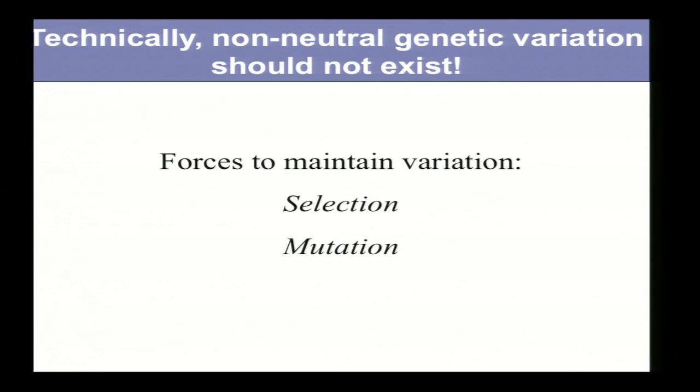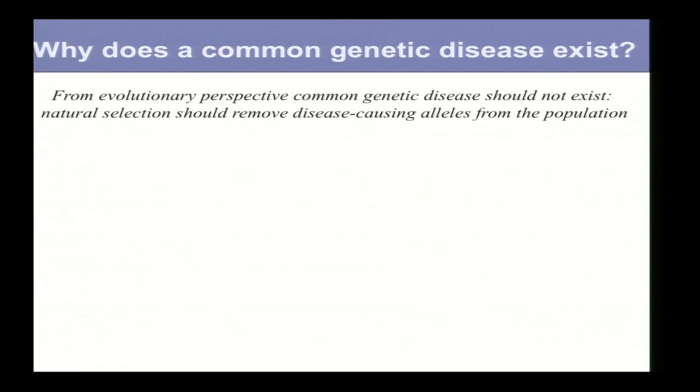And there are 2 major answers to that. One is that there are different types of selection which maintain the variation, and another one is that mutation is such a profound force, bringing in new variants to the population all the time, and selection just cannot cope. So selection is not efficient enough to remove all genetic variation from the population, and this results in stable phenotypic variation.